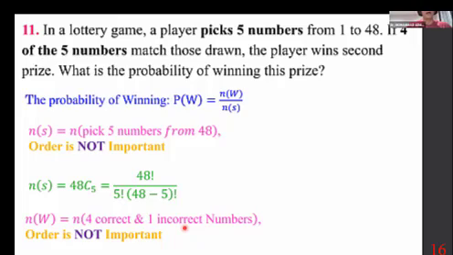Now, 4 correct out of how many? Out of 5. So combination of 5, choose 4. That would be the correct ones. But there's a possibility of getting 1 incorrect. So how many ways can you get 1 incorrect? Now, 48 minus 5, 43 of them are incorrect. Choose one. So take a look at what happens. First and foremost, this is a